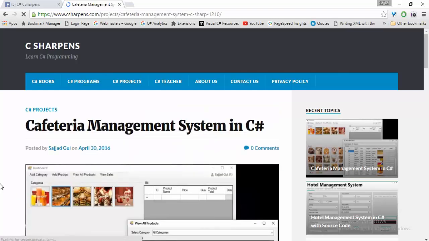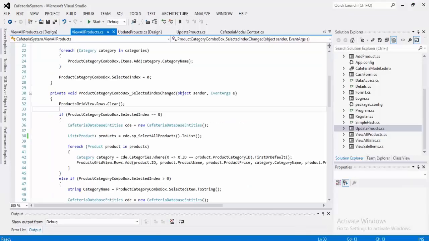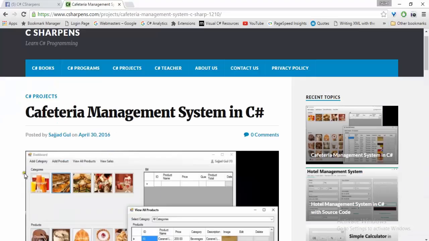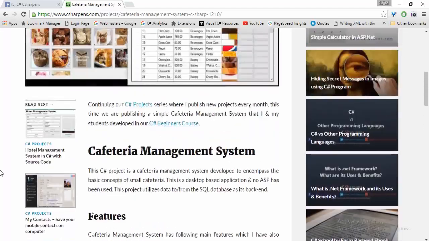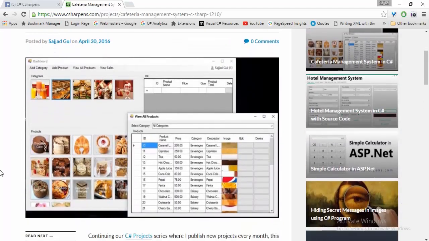I will also update this entity framework project in our group, so you will be able to get this and compare it with the previous one, which is without entity framework. I hope that you've learned something new,